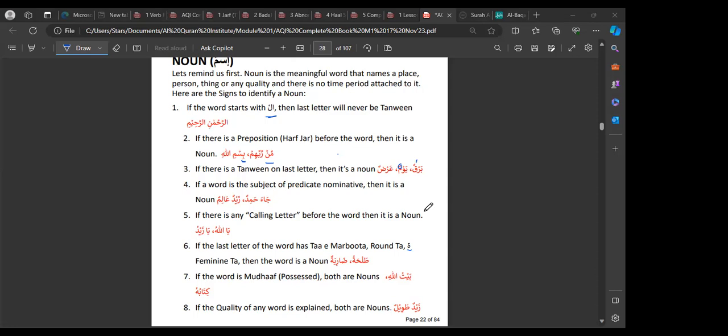Key takeaway is make sure you understand that. So you may need to go through the recording again. The resources that we provide, just go over them. If even after that, you don't, we've got the revision class. And with this, if you have any one of these signs, then it is a noun. Obviously, you don't need all of them. You can't have all of them. But if any word has any one of these signs, then it is a noun. Okay.